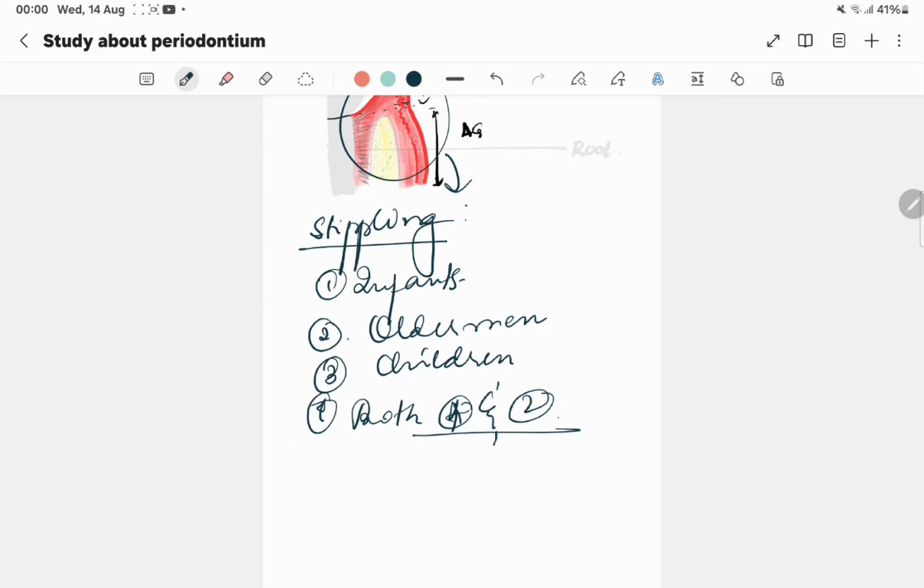So obviously the answer will be both 1 and 2, which we have already discussed. Stippling begins from 5 years of age, and as we grow older, the stippling gradually